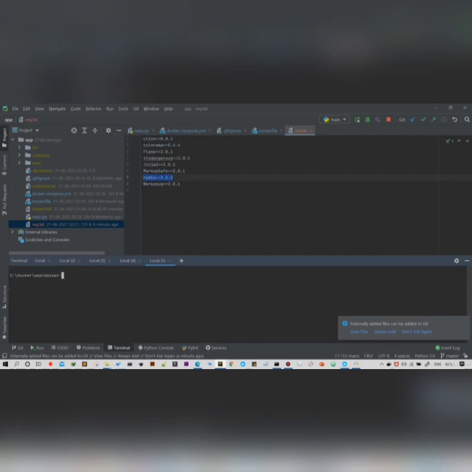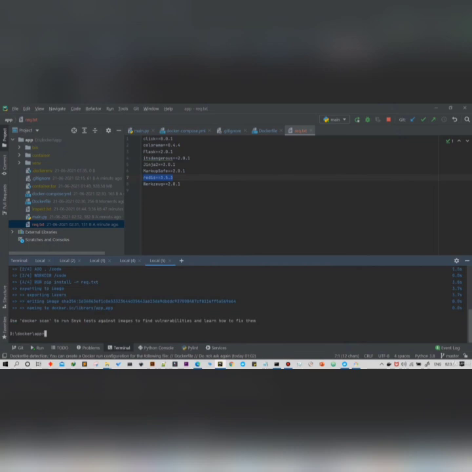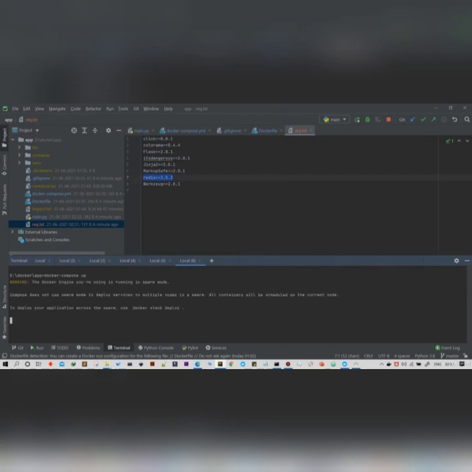Let us use the docker compose build command to build a new image, sorry, to update that image. It will build the updated image, and let us use the docker compose up command so that we can check whether the updated image is working fine or not.